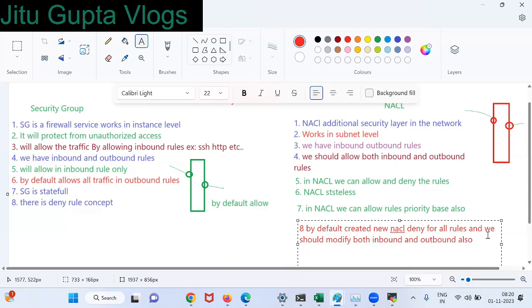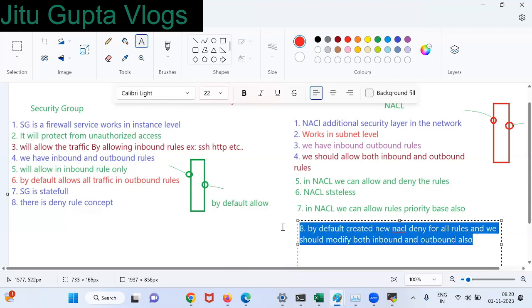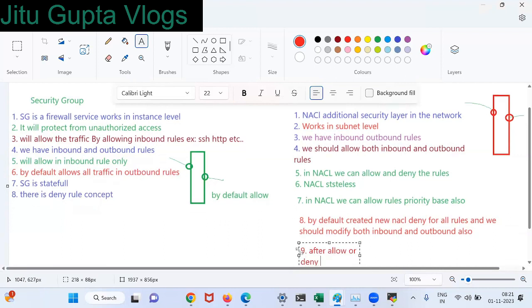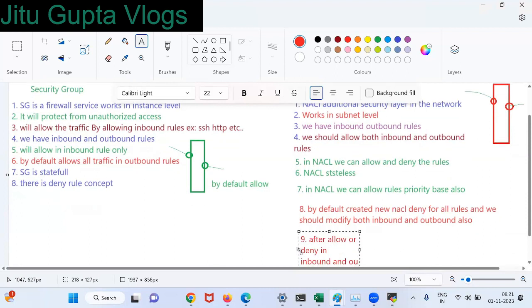Is it clear, everyone? So we should attach it after modification, after allow or deny in the inbound and outbound rules.